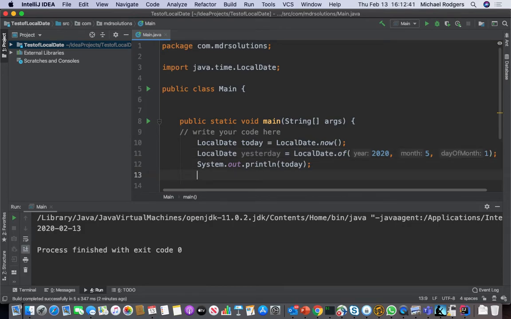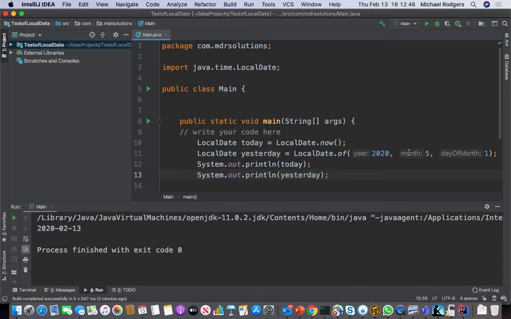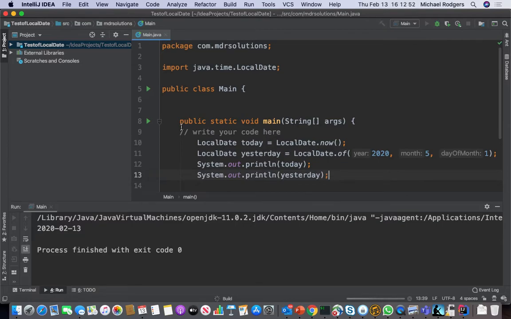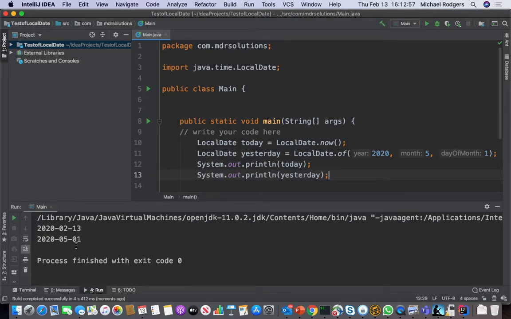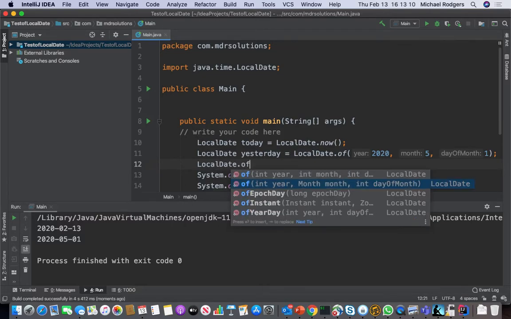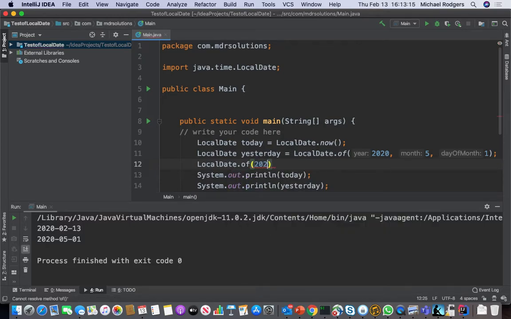And if I print this out, you can see that yesterday is not actually the 5th of the month, but you can see how you set a date object. And so there's the value, the date object that we set. The LocalDate also has a nice feature. You can say LocalDate.of, and you can see that it also gives you this month syntax. So we can say 2020, and we can say,